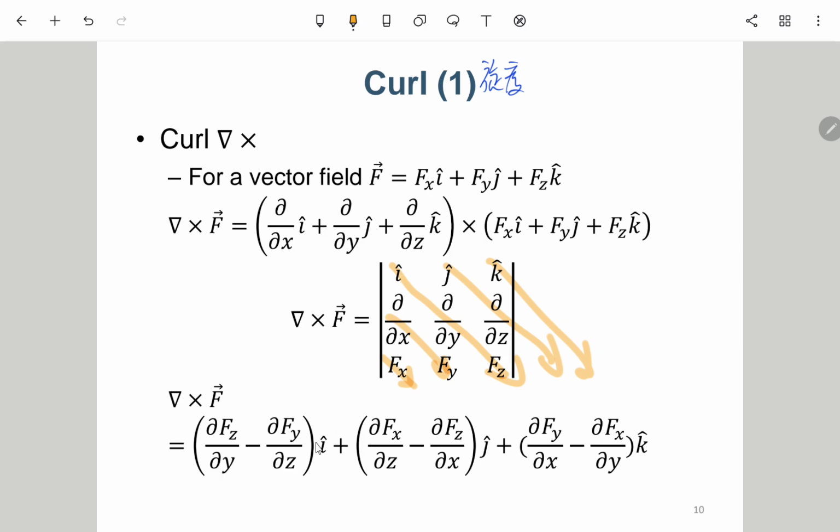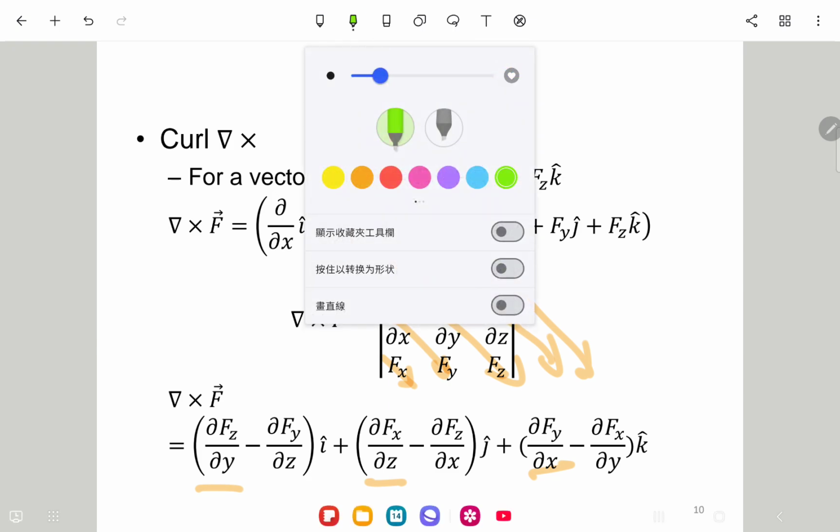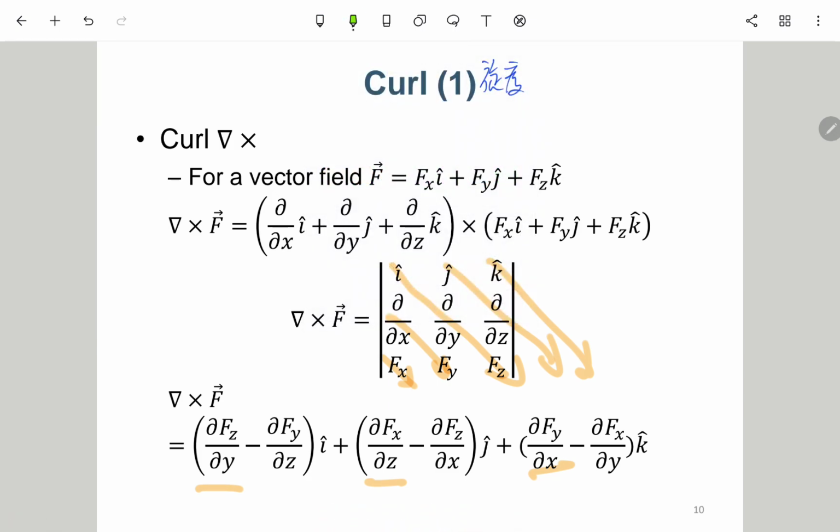So we have i hat, partial y, fz, okay, which is this one. And then j hat, partial z, fx, this one, and then k hat, partial x, fy, this one, and then we have another three with negative sign. Okay, so this one with a negative sign, this one with a negative sign, and then this one